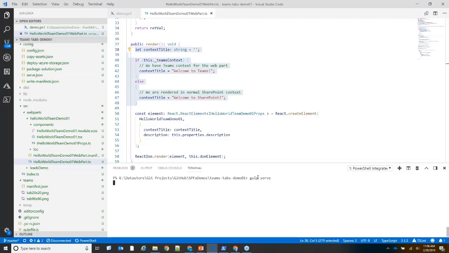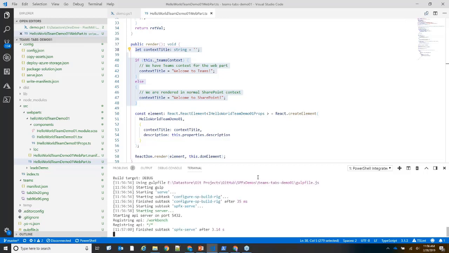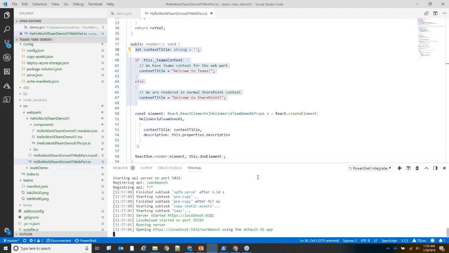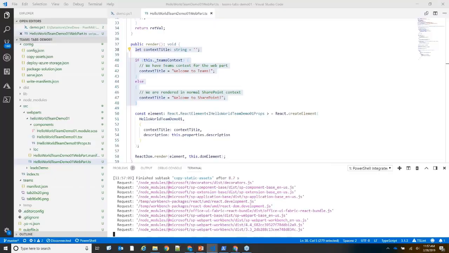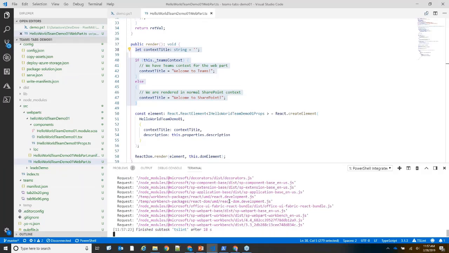I have a feeling everybody who is here is much like myself and is just in awe of how cool this is. To me, this is really cool. And I know when you see it, it's just going to be a little Hello World web part. But the opportunity here to extend Teams to do what we want, especially if we come from the SharePoint world, we can surface our own SharePoint content pretty quickly and easily now with all of the tools that are available to us. I really think that there's opportunities to just do some amazing stuff, and there's